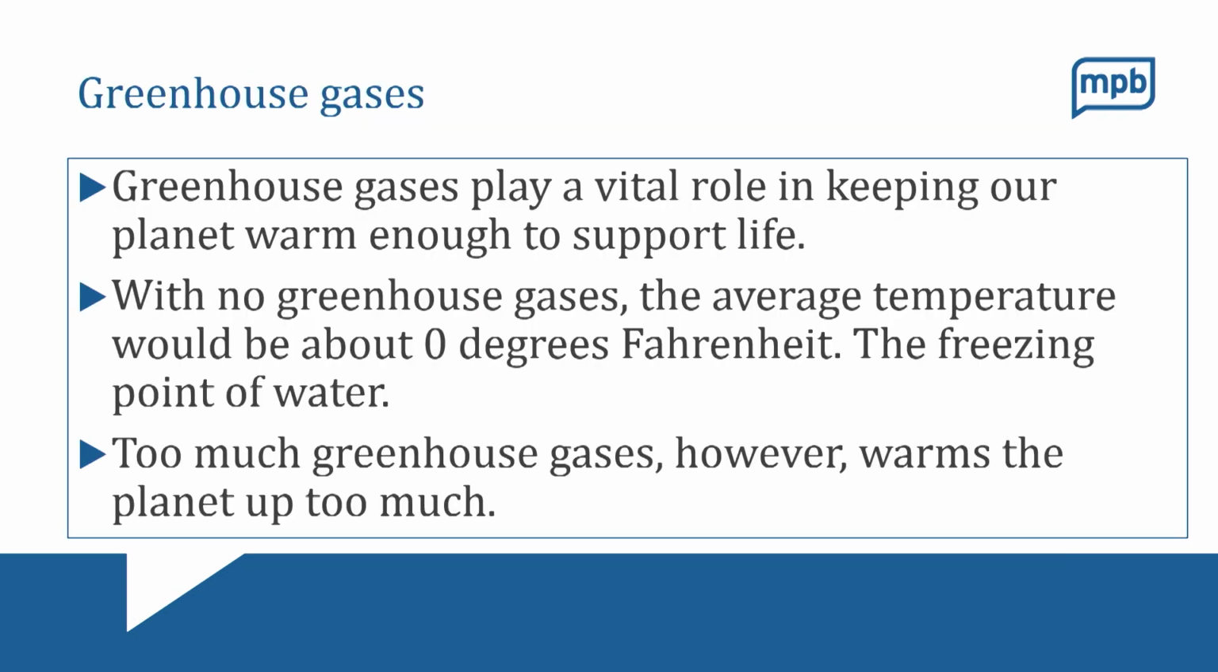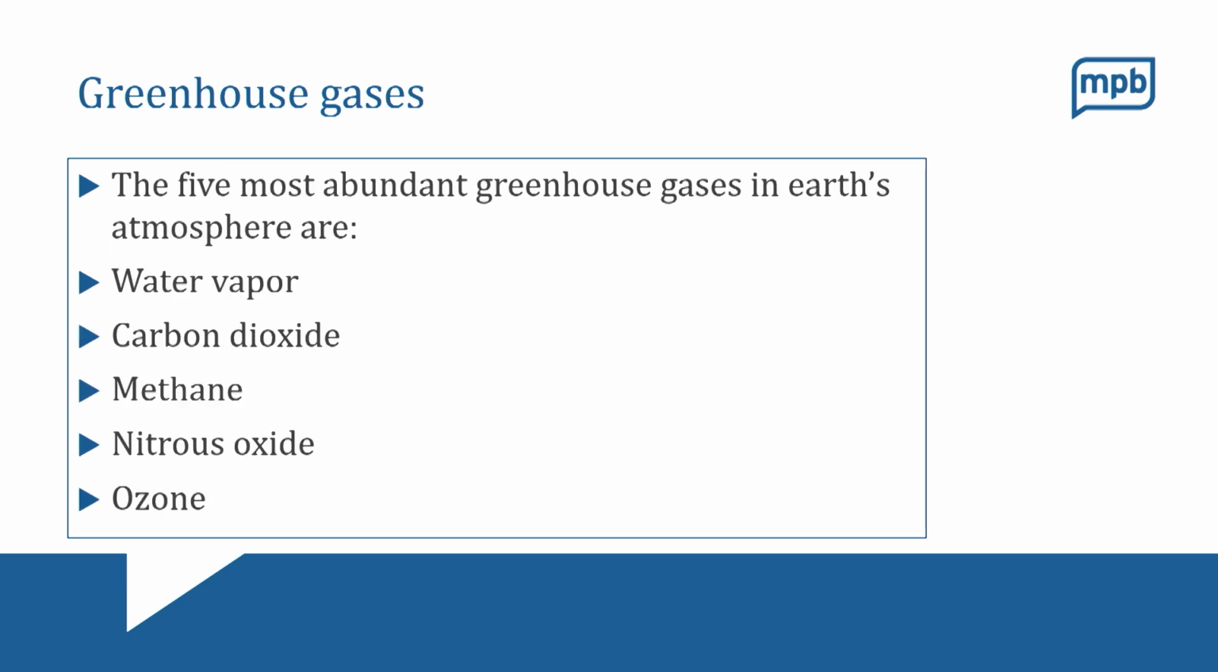Greenhouse gases play a vital role in keeping our planet warm enough to support life. With no greenhouse gases, the average temperature would be about 0 degrees Fahrenheit. This is the freezing point of water, and that means that life would have a lot harder time on planet Earth. But too much greenhouse gas, however, warms the planet up too much, and that can be a bad thing. Okay? So the 5 most abundant greenhouse gases in Earth's atmosphere are water vapor, carbon dioxide, methane, nitrous oxide,